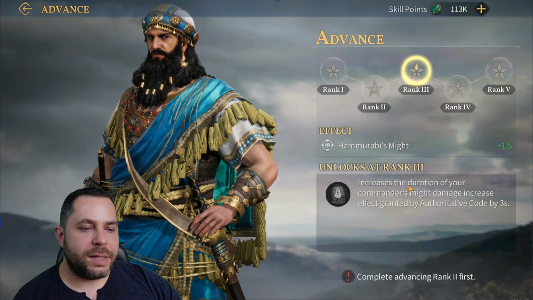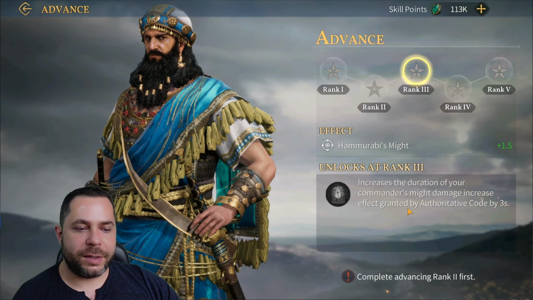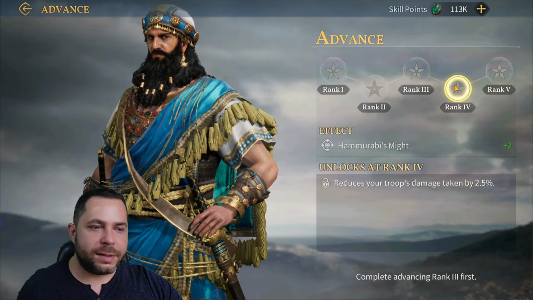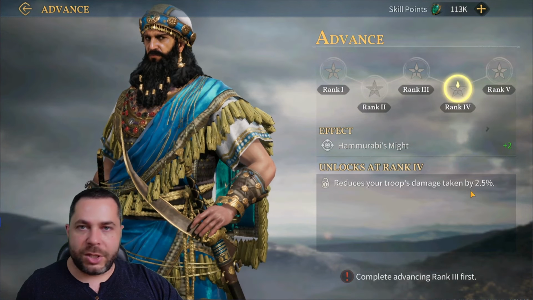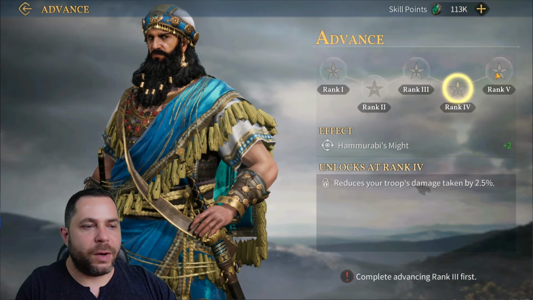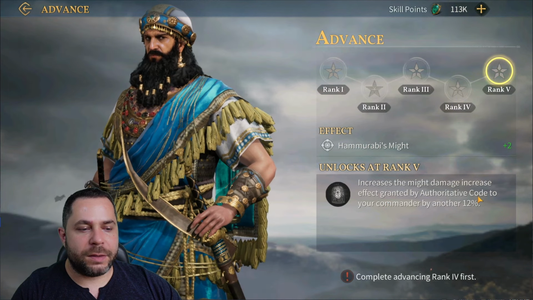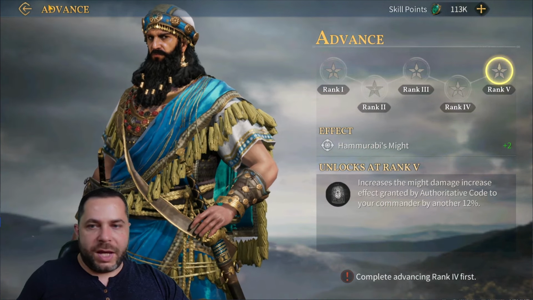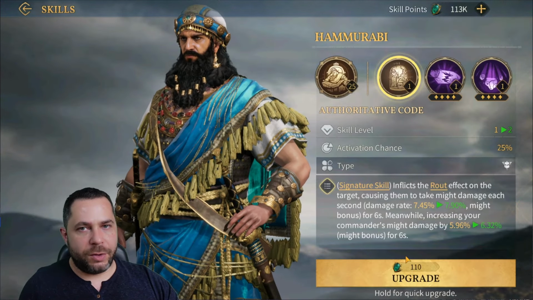Rank 3 increases the duration of the commander might damage increase effect granted by this spell by an extra 3 seconds. And again, it reduces the troop damage taken by 2.5. So this is offensive and defensive. This is very nice. And rank 5 increases the might damage increase effects, blah blah blah, extra 12%. So if we check this spell, which is going to be active even though this hero is not going to be commander,